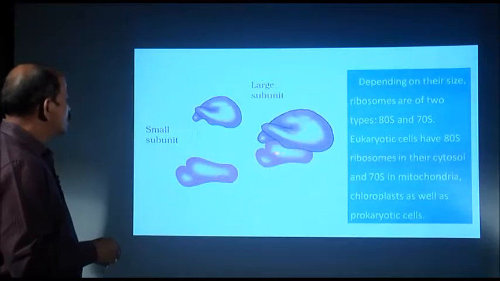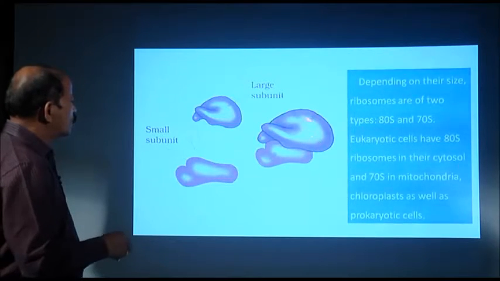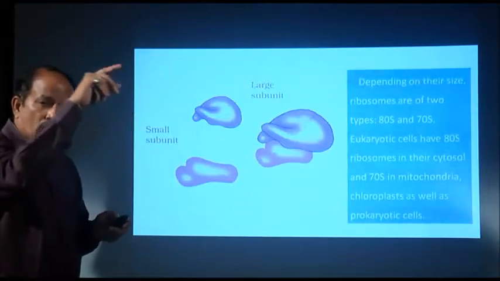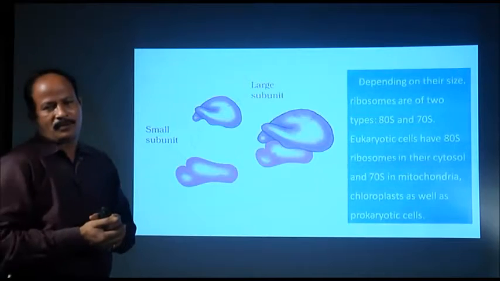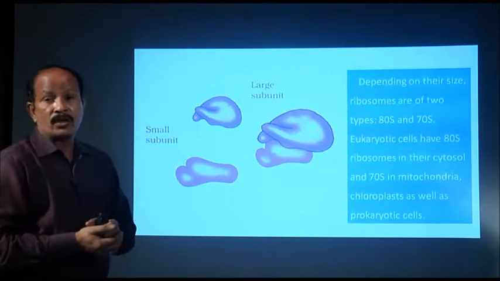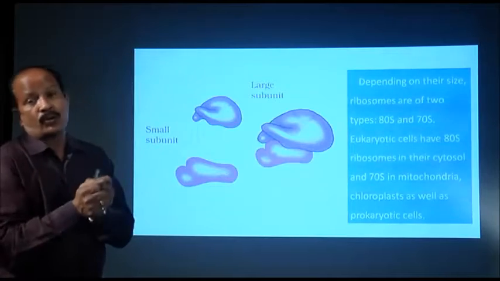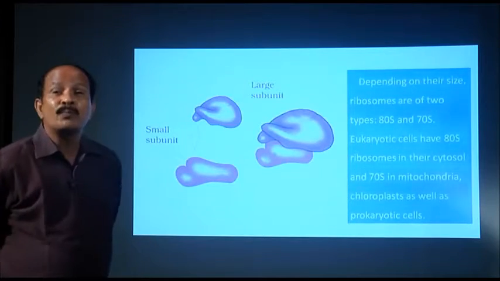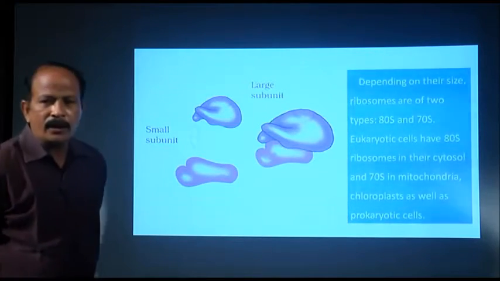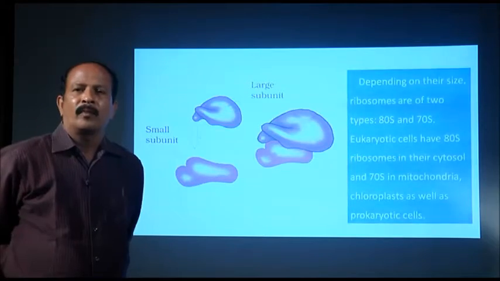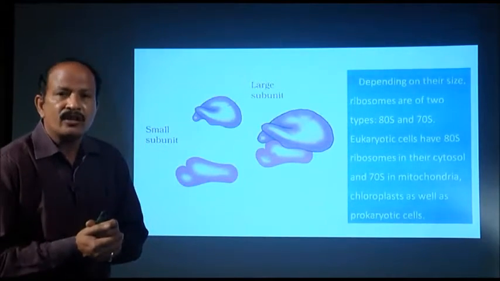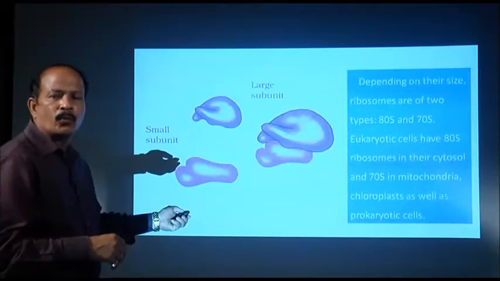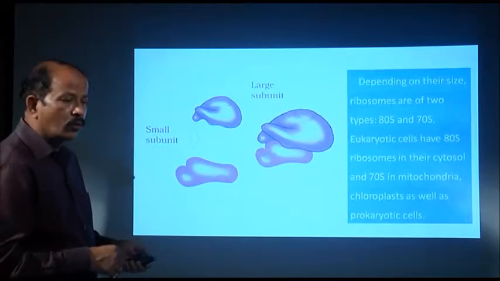As it seems it is a simple structure, but in reality in X-ray diffraction pattern it looks something different. It consists of two subunits. In high concentration of magnesium, these two associate. This structure seems to be simple, but in reality it is not simple. This is a machine. It is made of two kinds of molecules, proteins and RNA, but what does it do?